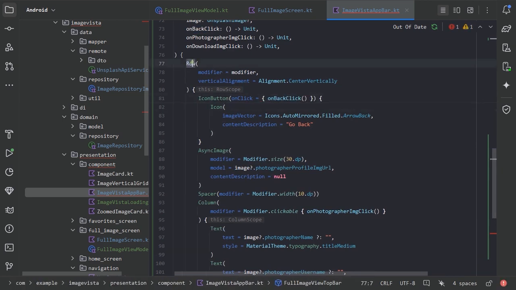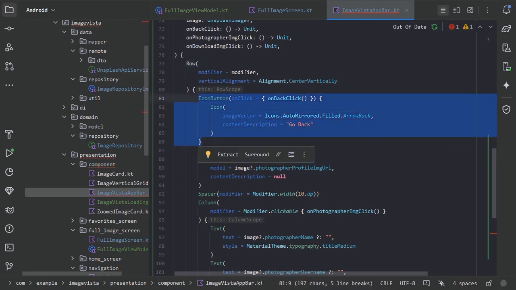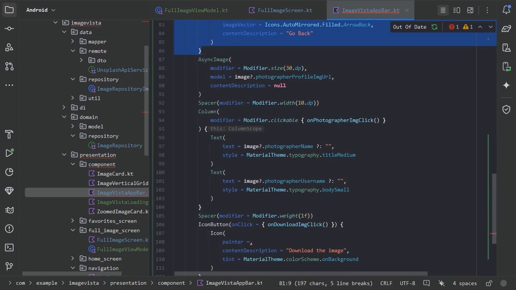So here we are using this row layout, and first we are using this back button, and then we are